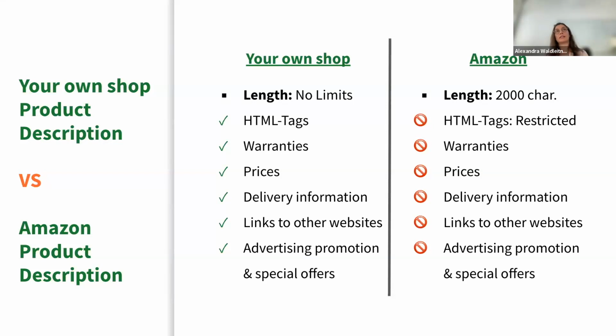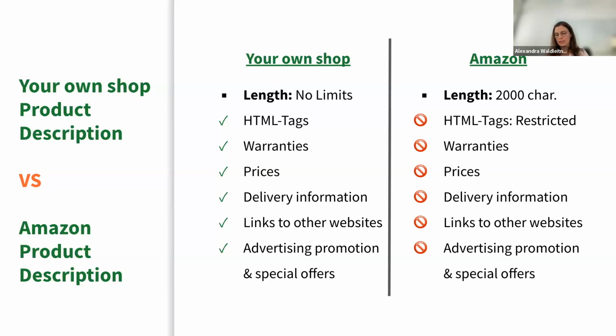So Amazon says don't use it at all, but some of them are allowed, like new lines and bold. You're not allowed to talk about all this stuff I mentioned, warranties, prices, delivery information. So it can be that in some points you have to change your rule set for your marketplace,